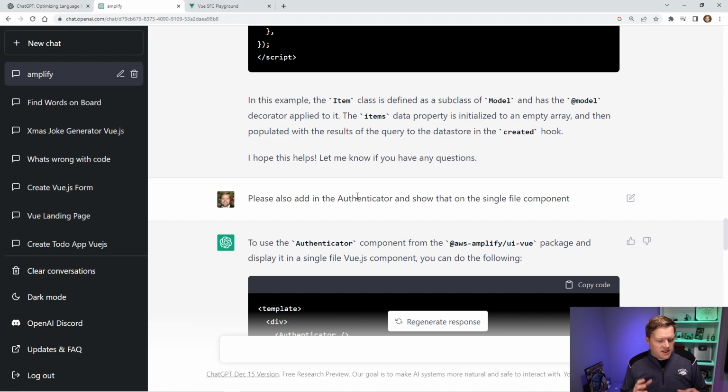So overall, I would say for a learning tool for Vue, this is a solid 8 or 9 out of 10. For an experienced Vue developer that wants to use ChatGPT to help with their workflows, I'd probably give it a lot less. I don't know, 6 out of 10. You might even be better off using something like GitHub Copilot to help you generate small pieces of functions.